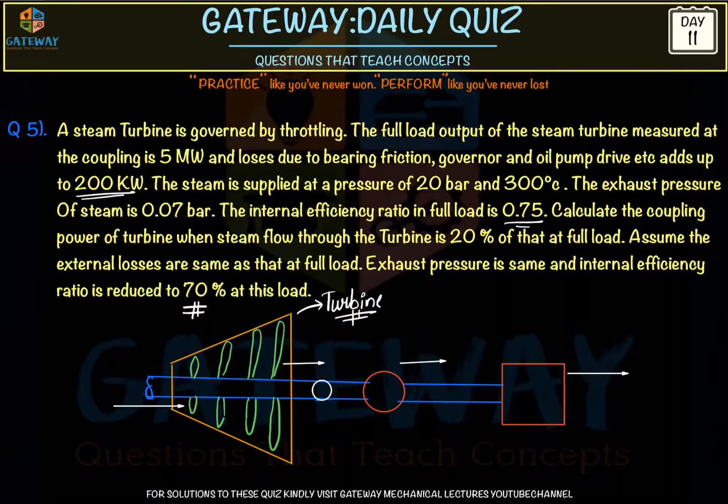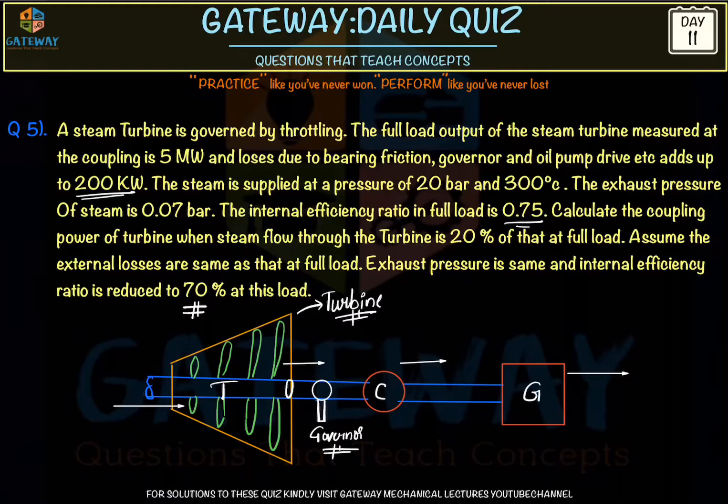There can be many blades inside. And this is our governor. This will be connected to our governor. We'll see what is the functioning of the governor. And here we'll be having a bearing. Whenever we are using shafts, on shafts we'll be having bearings, right? The complete load of the shaft is supported by the bearings, and this is our coupler. What is a coupler? Which connects two shafts is called a coupler. So this is a coupler C.